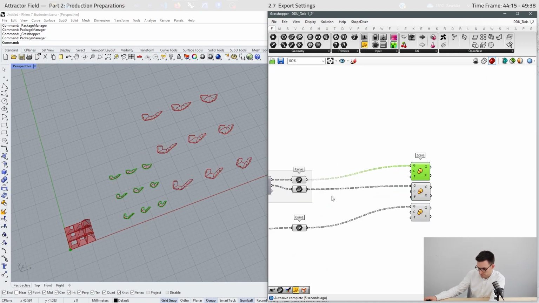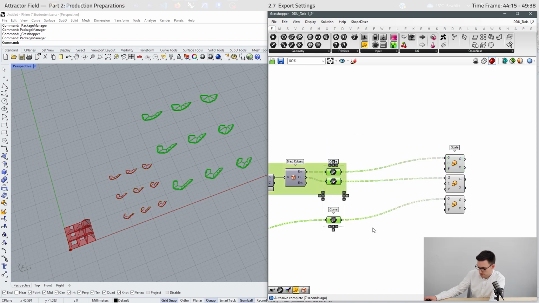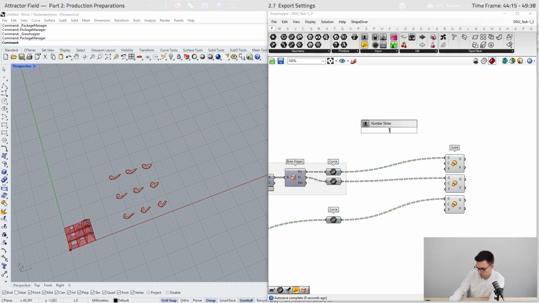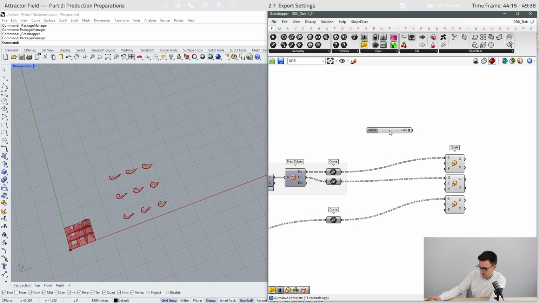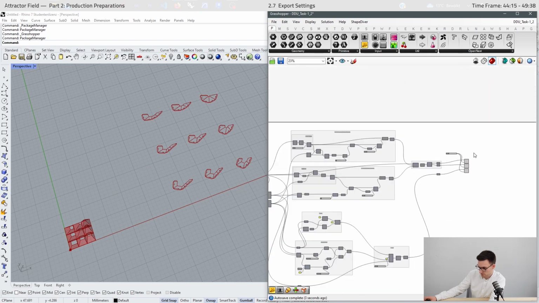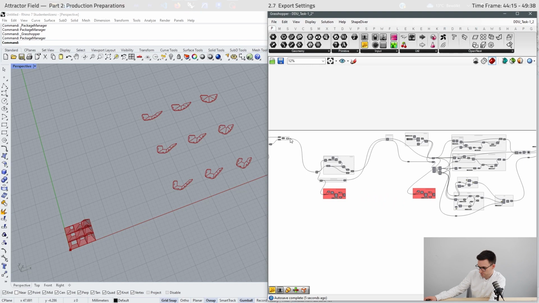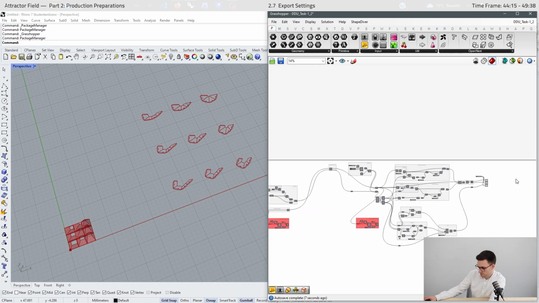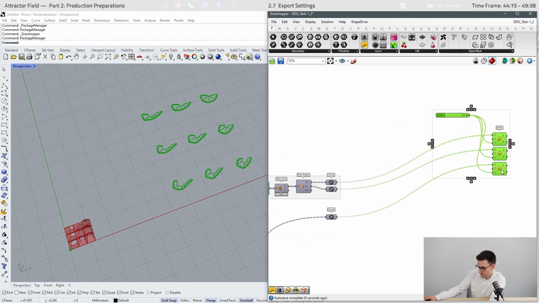Now we are able to scale our geometries. I will just use the factor 1. And we have to disable these parts right here, and we can also scale them.